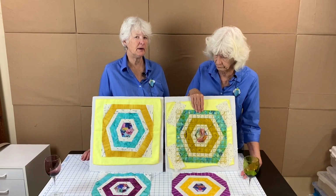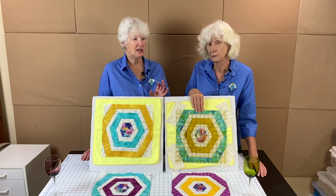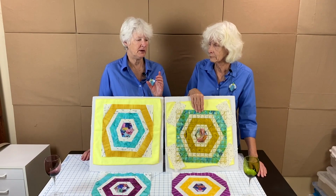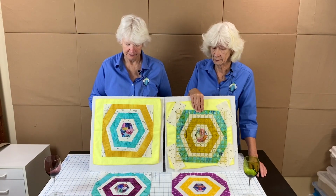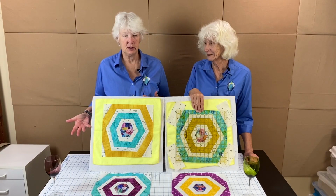And remember, we always say, if your scrap is any size, keep it, because we may use it later on. If this were later on in the year, we would have triangle scraps that we would suggest you use. But it's the first block of the year, so. Anyway, that's our first